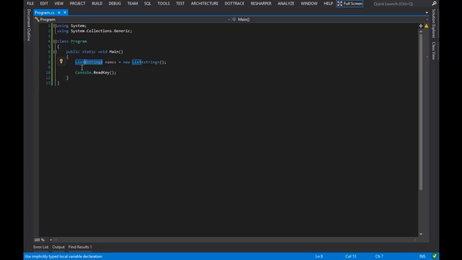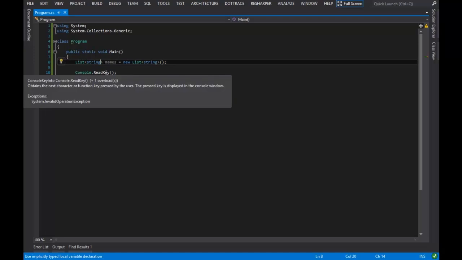The point is that if we want a list of string, we say list, open up this symbol, put in a type, close the symbol. And to pronounce it, again, it's